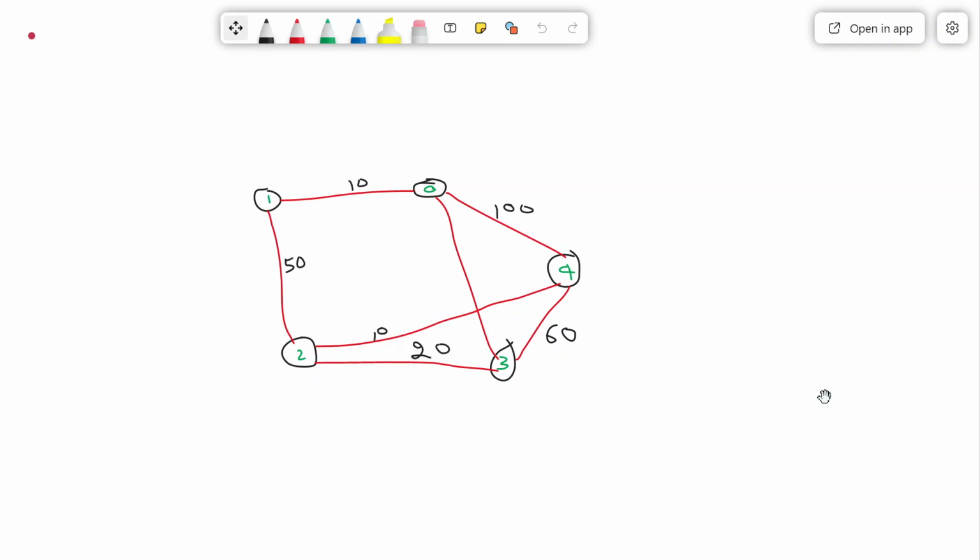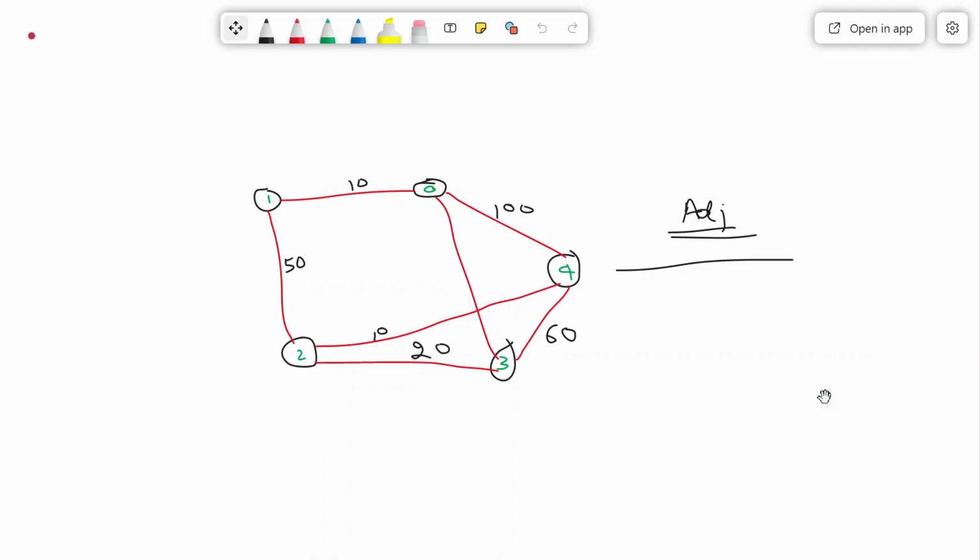Now this graph you have to give as an input. Where do you have to give it as an input? You have to give it as an input in the program. Now how will you draw this graph? Not possible. So what we have done is that we have made an adjacency matrix to represent the same graph. Now how to represent this graph through the adjacency matrix?